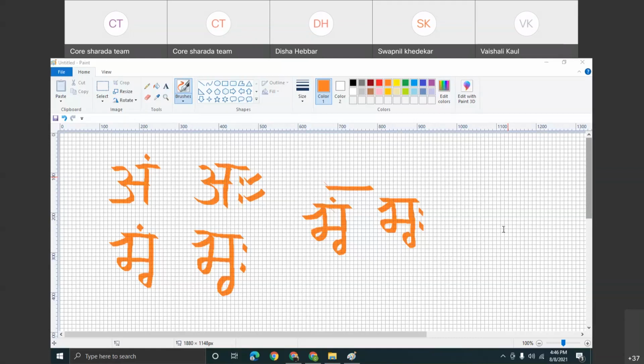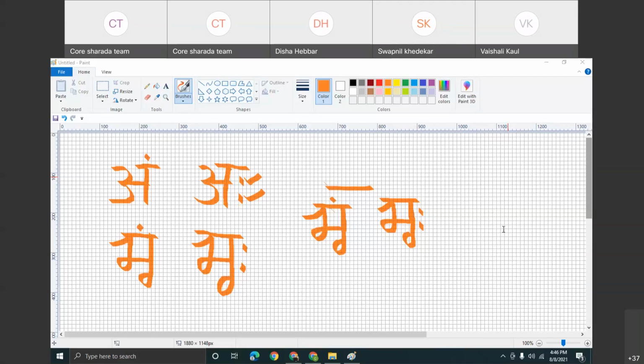A is the Chit Shakti. Chit Shakti is nothing but the energy of consciousness of Lord Shiva. It is the Shiva. And then Aa is the energy of bliss. Shiva and Shakti in Kashmir Shaivism are considered the same. There is no difference. Like you cannot separate fire from heat, similarly you cannot separate Shiva from Shakti.